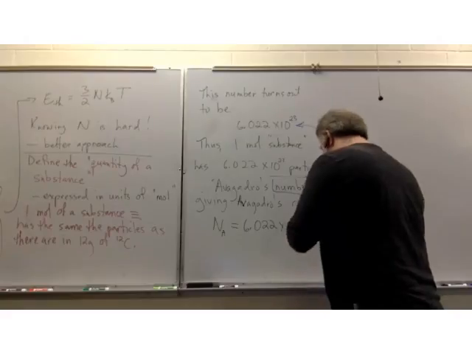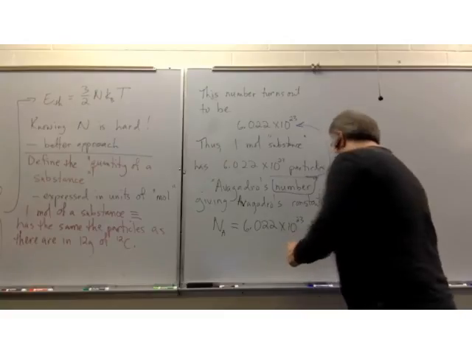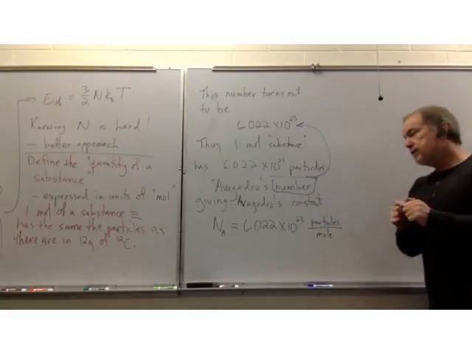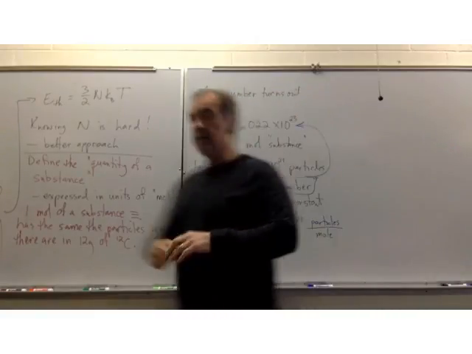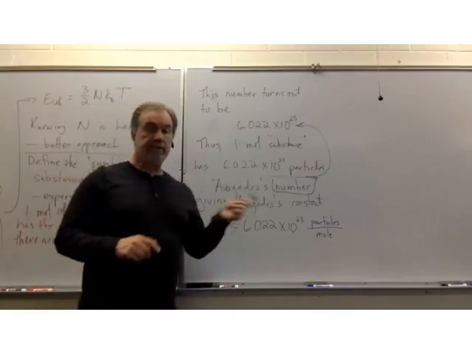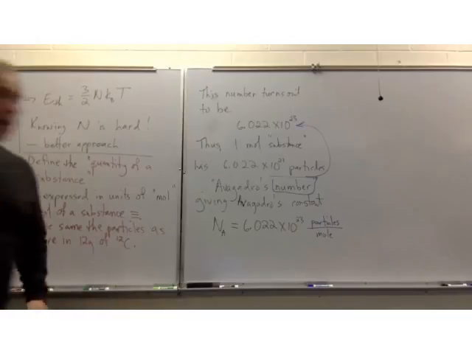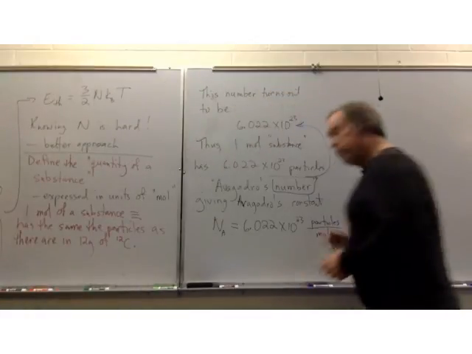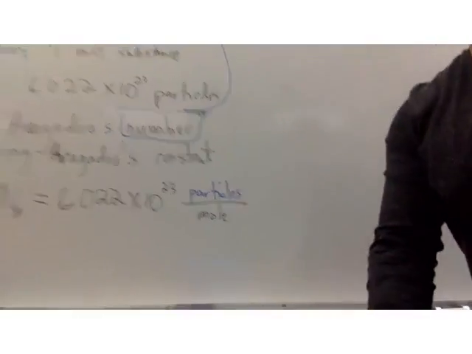Particles per mole. Okay, so an amount of substance, 1 mole of a substance, is 6.022 times 10 to the 23rd particles per mole. And you'll notice, and if you didn't notice, let me make sure you notice, that I wrote particles in blue. Why did I do that? The reason is